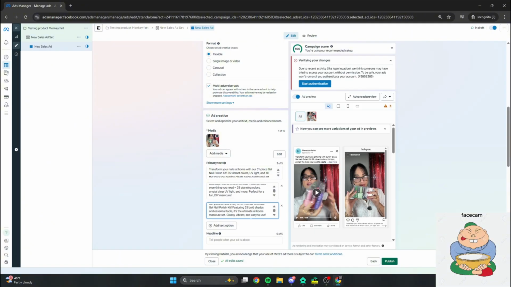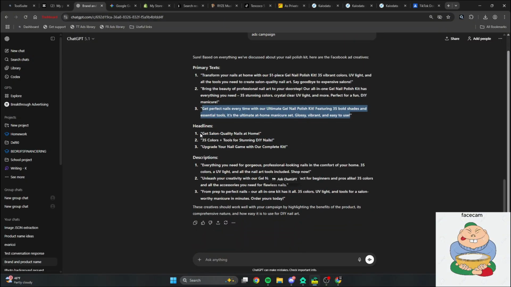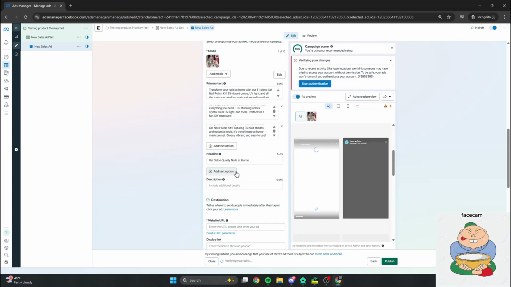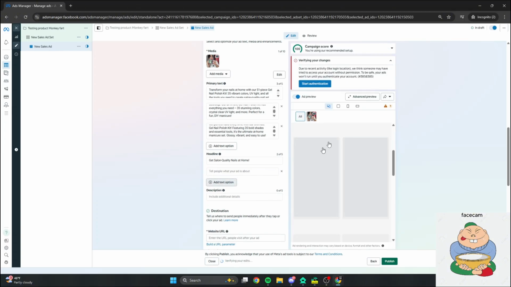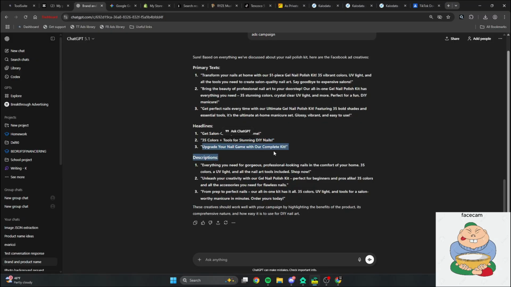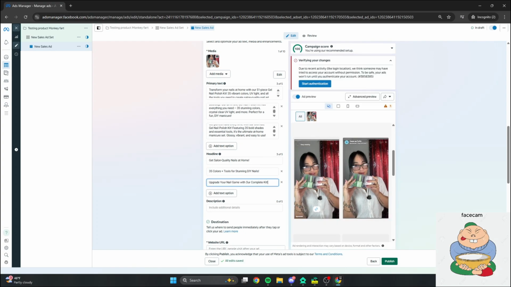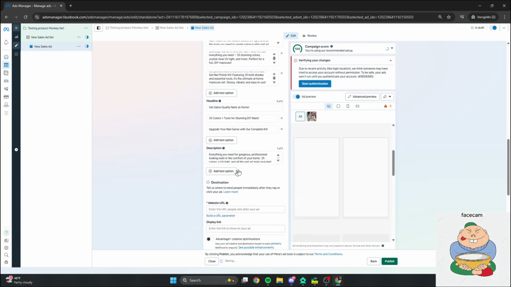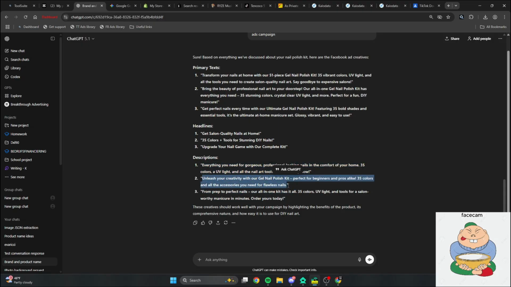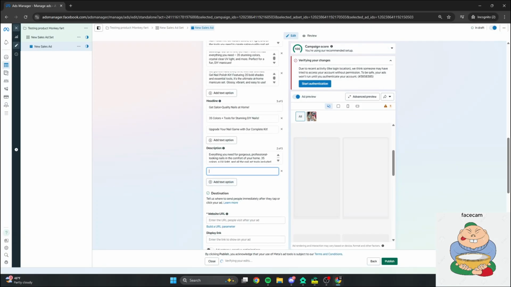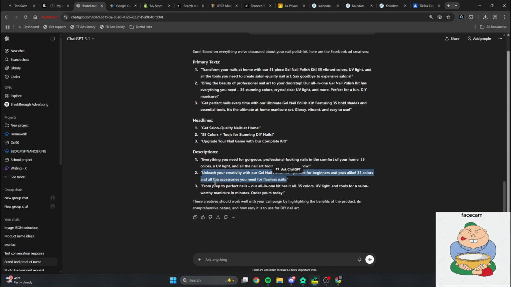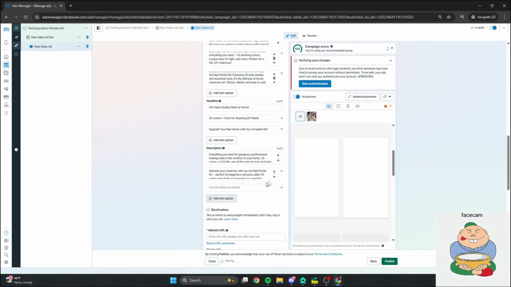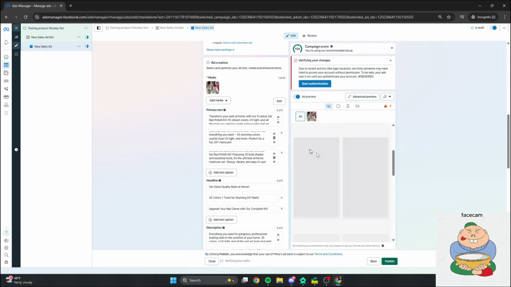It's giving you 3. Usually I like to do 3 because it gives a little bit of variety, so people aren't stuck on one headline, one thing. Generally this won't matter, but it can help convert people. It could be the deciding factor of, hey, this is what makes someone convert, right? So what you guys are going to want to do is add all three of the options. Basically copy and paste and then add text option until you have three of five. The max is 5, but generally I like doing 3. Boom, right there. Now you have all 3 of these and all the videos.